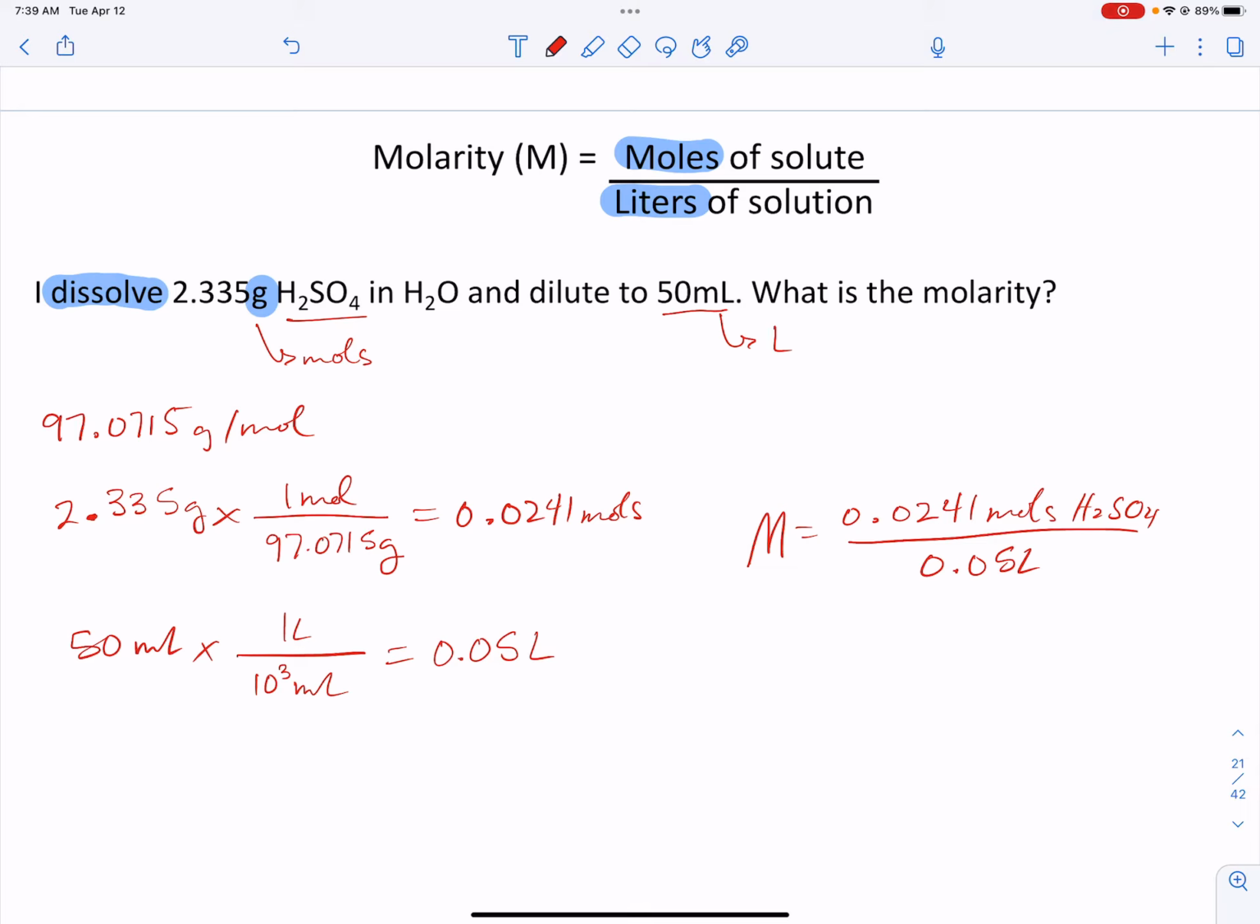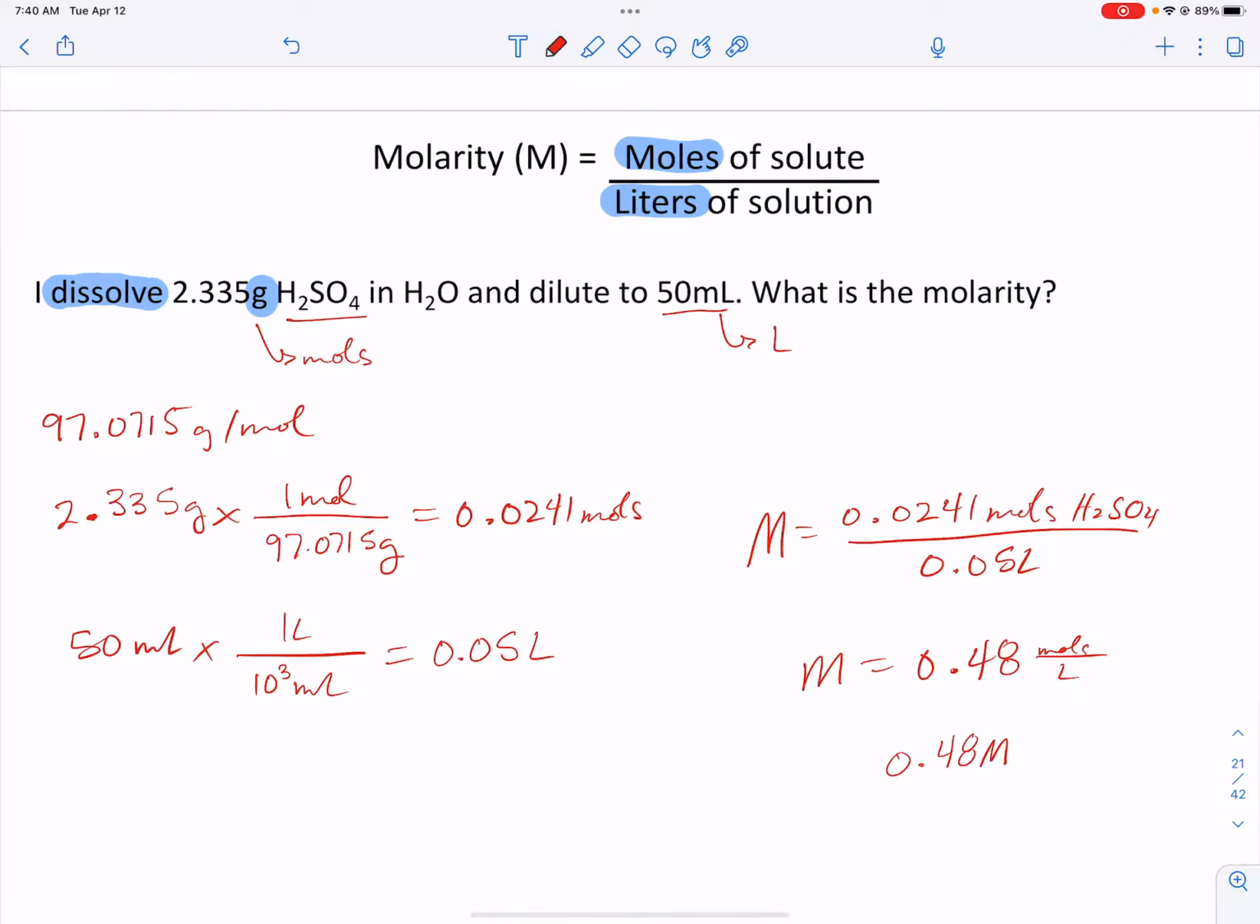So your final molarity should be 0.48. Okay, and this is understood. Molarity is moles per liter. It's not that these units go away. It's just that they're understood. When you write